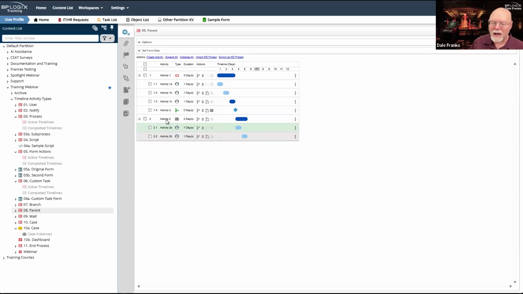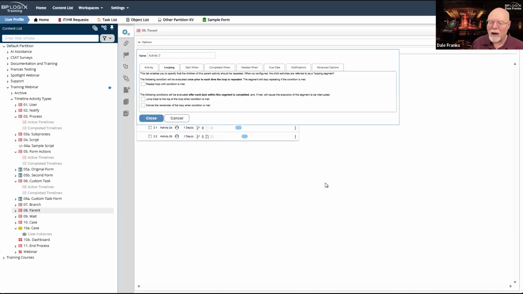One of the reasons that you might do it this way is to organize by function, right? So let's say you have an onboarding activity or an onboarding timeline. Well, IT has to do some stuff, and HR has to do some stuff, and facilities has to do some stuff, and payroll has to do some stuff.